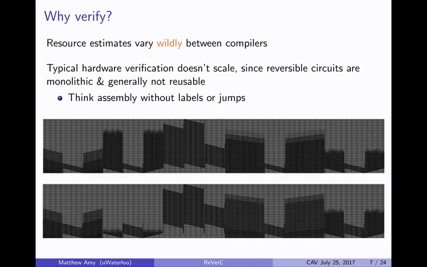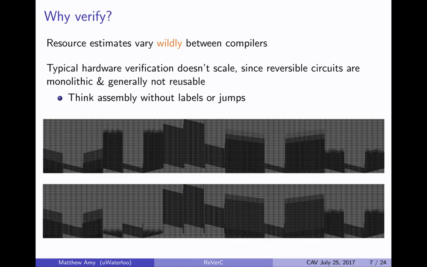The other problem is you can't use classical hardware verification techniques. We tried this and it doesn't scale, because reversible circuits aren't like classical circuits. They're more like assembly language. You compile a special purpose, huge circuit for every function, and you don't tend to reuse these circuits. This is just an example of one round of SHA-256 as a reversible circuit. It's this huge, ugly thing that doesn't really have different components